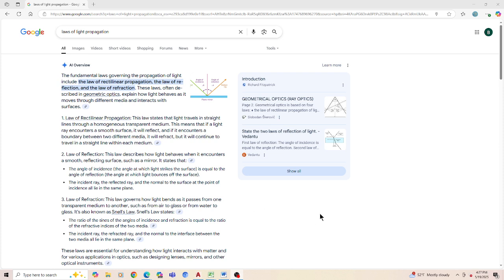We have the law of reflection. This law describes how light behaves when it encounters a smooth reflecting surface. Everybody knows what a mirror is. Hopefully everybody uses their mirrors when they drive. A lot of people use their mirrors to put makeup on, fix their hair. Really doesn't need much more to discuss other than it has an angle of incidence. The light coming off an individual or the car behind you is going to hit your mirror from an angle of incidence. That's why you adjust your mirrors.